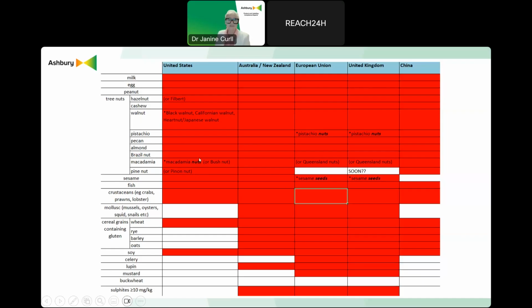For instance, certain other requirements in the United States require for nuts to be after macadamia, but in the European Union and United Kingdom, you also require nuts to be after pistachio. That's not a requirement in any of the other jurisdictions. Sesame seeds also is the proper declaration for sesame in EU, Great Britain, whereas in the other jurisdictions, only sesame can be actually used in a declaration.